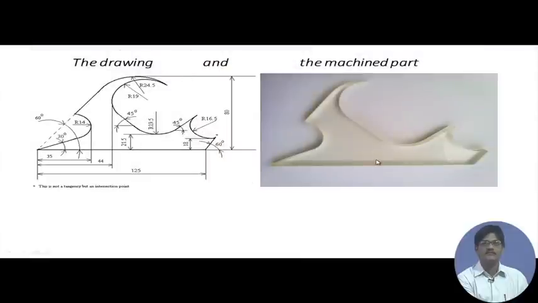This is the part that we have machined for this particular geometry. What is this geometry concerned with? This is made out of perspex, and it is done on a machining center. So, first of all, we have given quite a number of geometry definitions, and these are, to start with, there